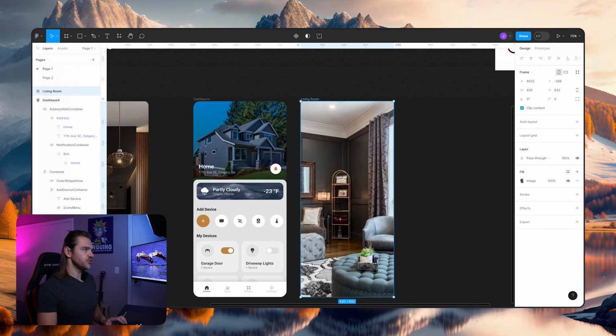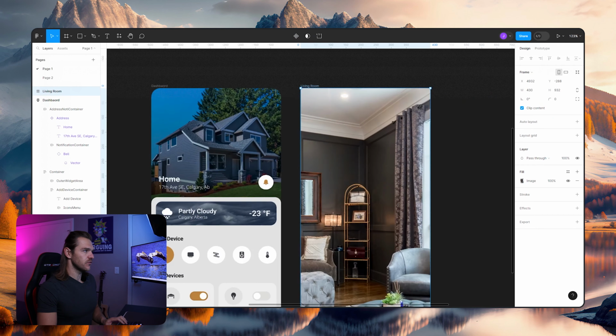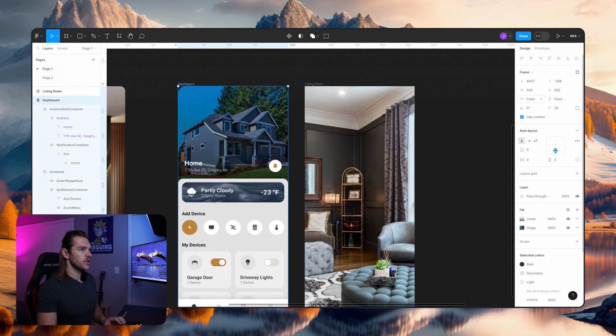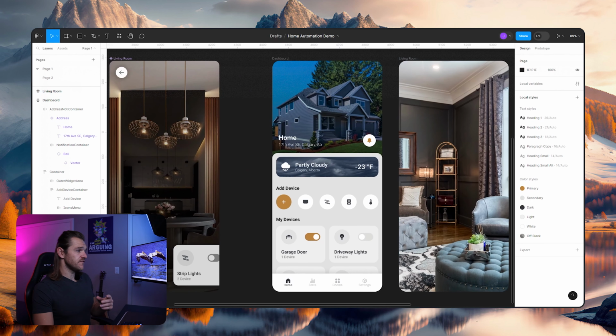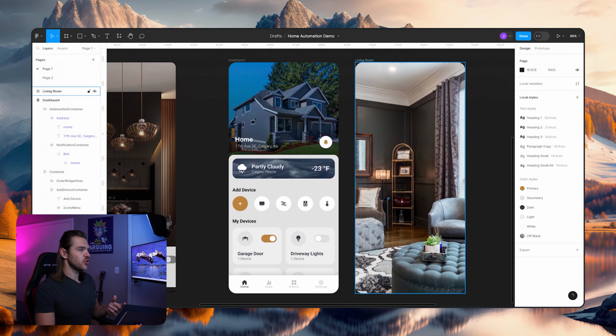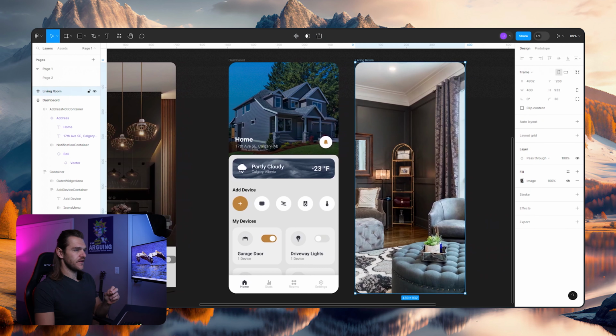One thing I quickly want to do is add the radius to the living room frame. So I think we used 30. I'm just going to add 30 to it. Beautiful. Okay, so now that we've done that, I am actually going to add my actual effect to the image